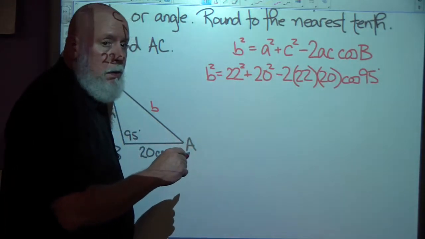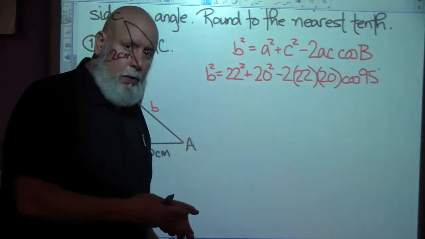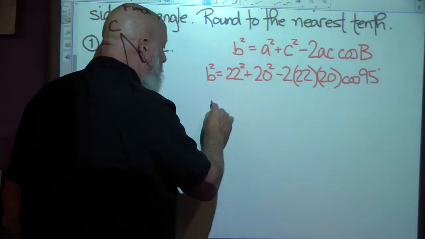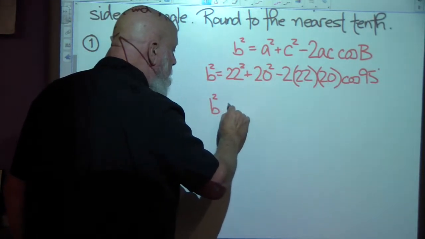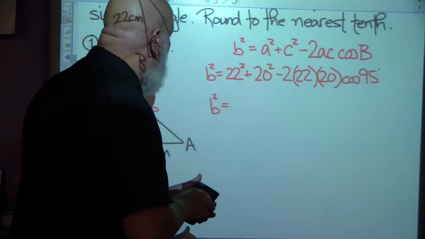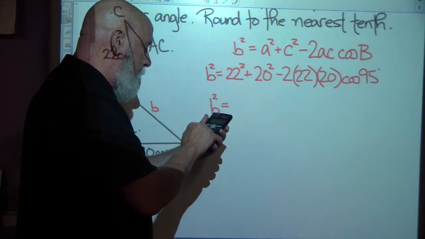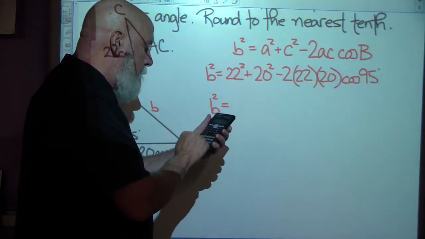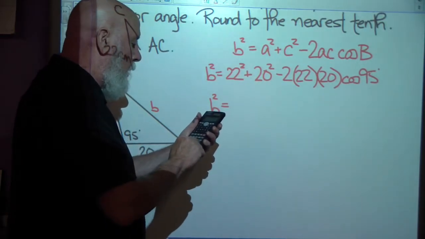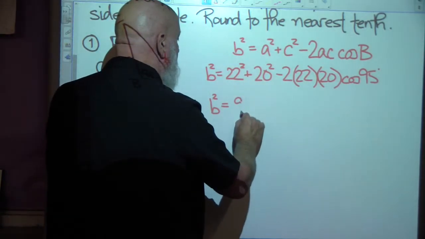I don't want b squared, I'm looking for b. But I'll know b squared, and to find b, all I got to do is take the square root of it. Okay? So I'm going to go ahead and find b squared, just to show you what my calculator would tell me. And let's see, we've got 22 squared plus 20 squared minus 2 times 22 times 20 cosine 95 equals. I get 960